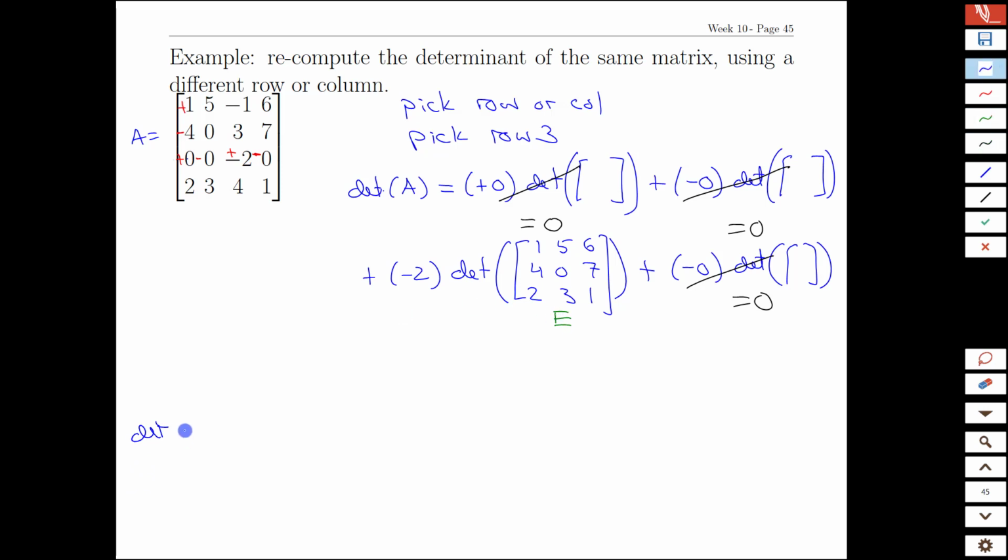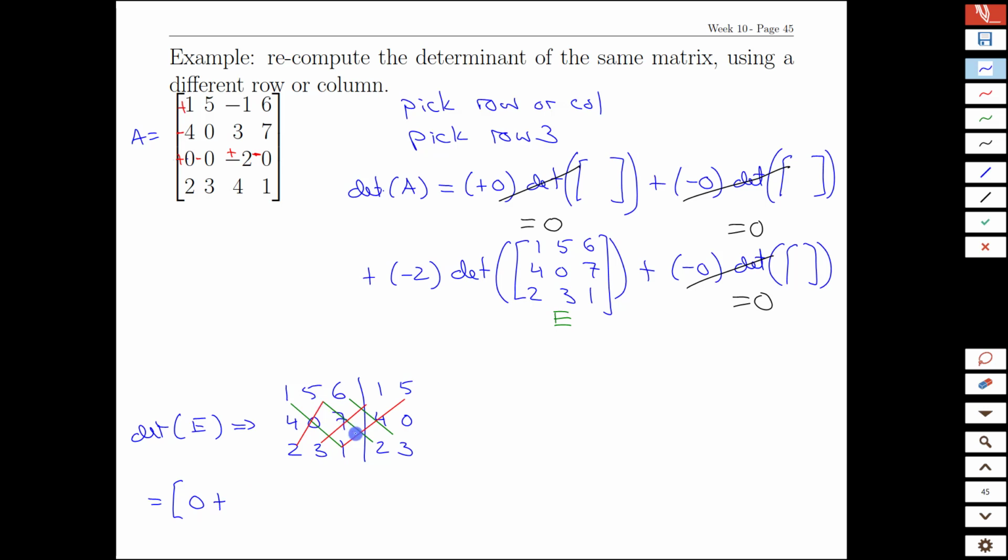Don't think we've used that letter before. The determinant of E is going to come from 1, 5, 6, 4, 0, 7, 2, 3, 1. And because it's 3 by 3, we won't go through this crazy Laplace or cofactor expansion. We're just going to use our diagonal trick where we multiply those and then subtract, multiplying these ones, which will give us the determinant of E equaling square bracket 0